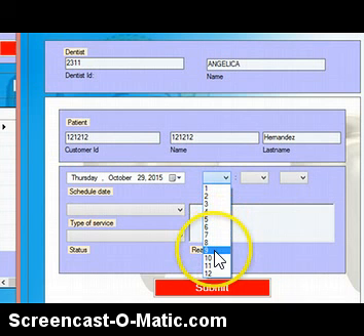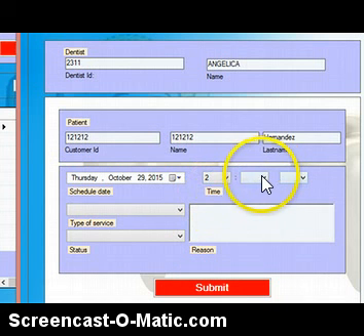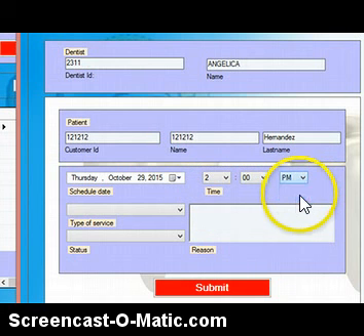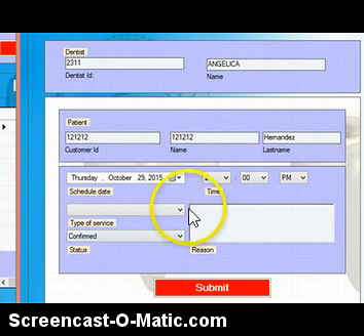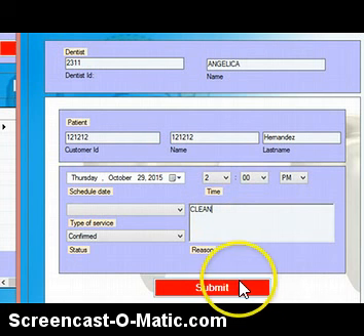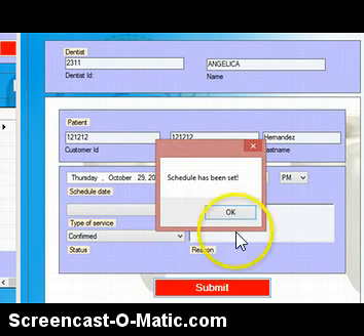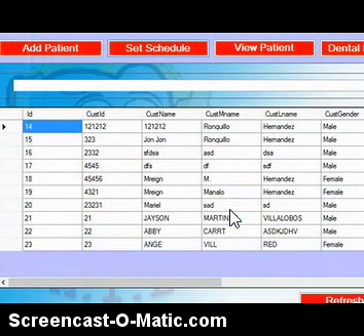For example, 1 or 2 o'clock p.m. So you can type here the type of service, confirm if you want to, the schedule date, and the reason, for example, to clean. So let's click submit. So we are scheduled, it's been successful.